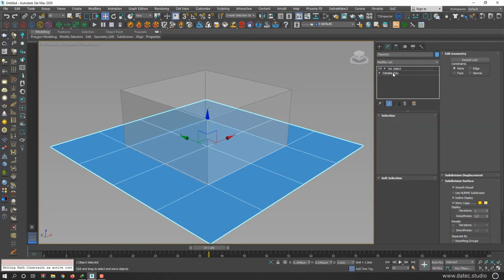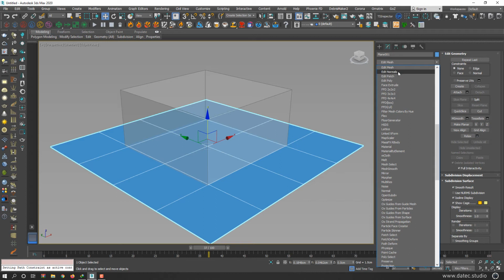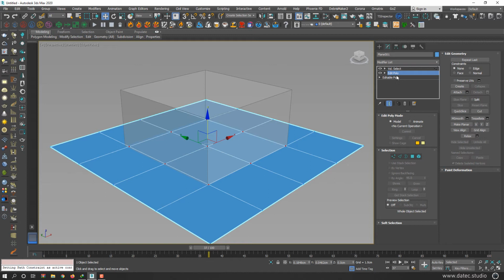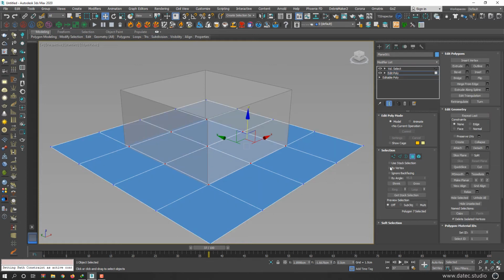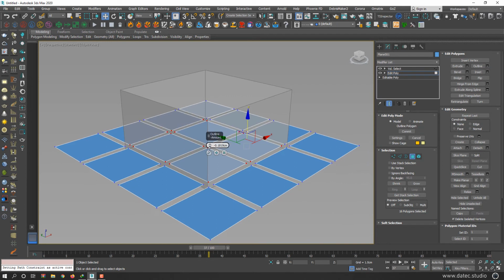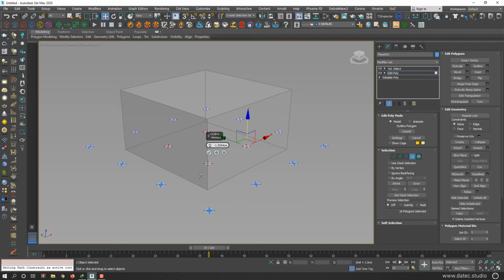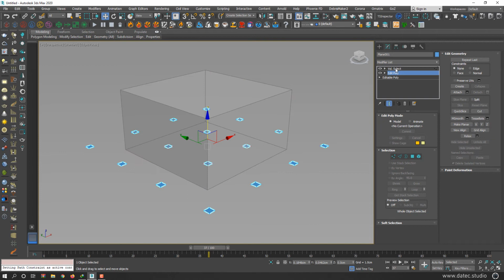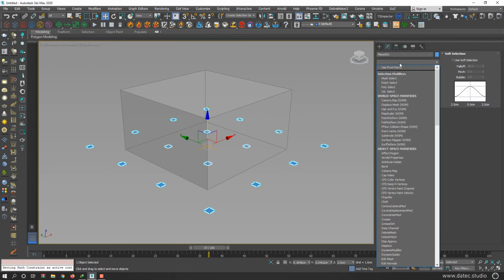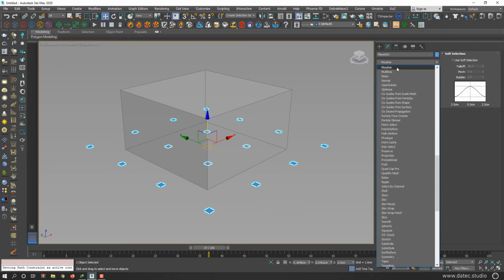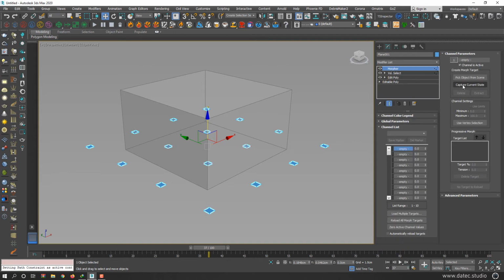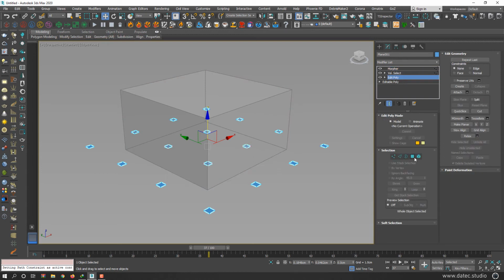So I select edit poly, make edit poly a new modifier in the stack, and select them all. And for example, I set outline again. Something like that, just an example. This is not working, so after volume select, you could apply something like Morpher and set the value. Alright, now I go to edit poly again